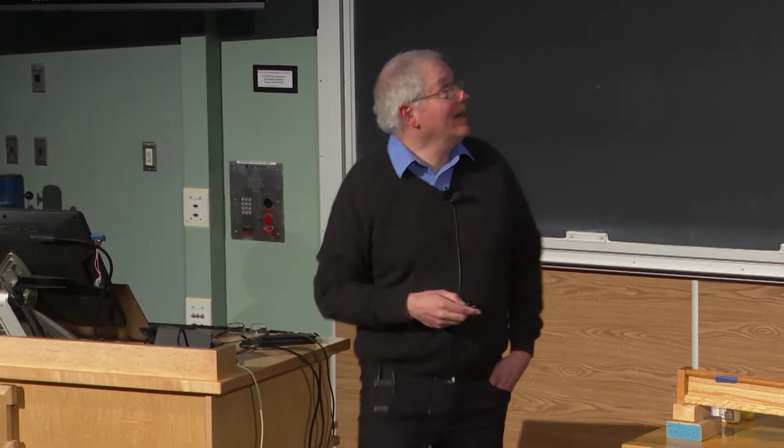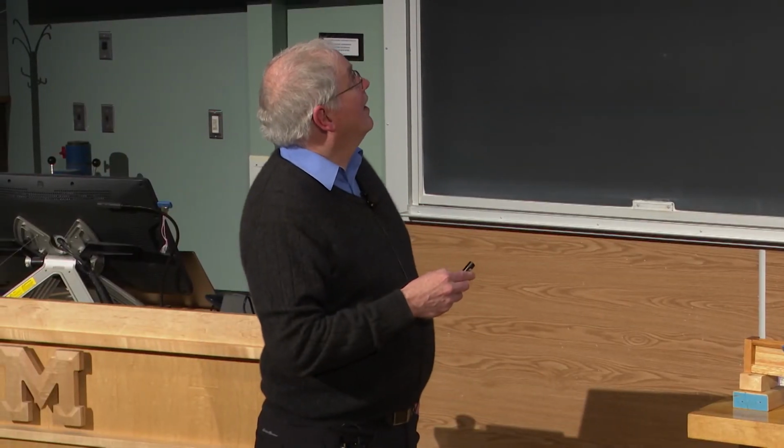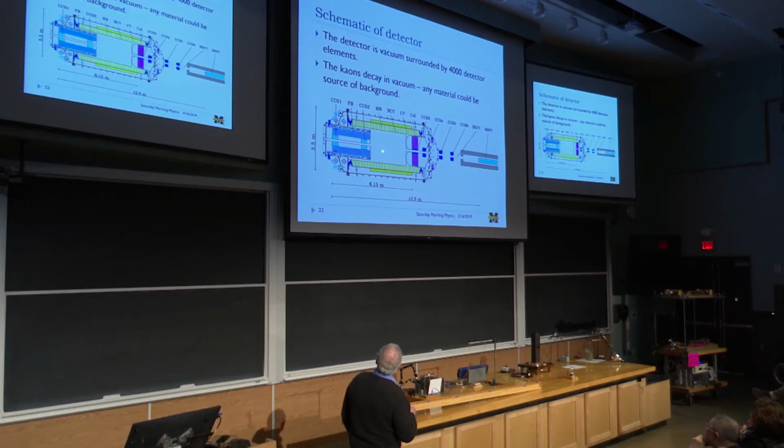So this is a schematic side view of our detector. The kaons, along with their photons and the evil neutrons, come in, and either the kaons decay in this region or they keep on going. The photons and neutrons also keep going. And when they decay in here, we're looking for the pion to produce 2 photons inside this calorimeter here.